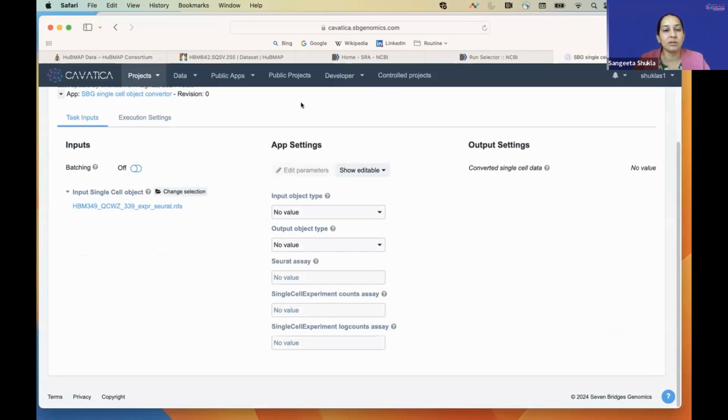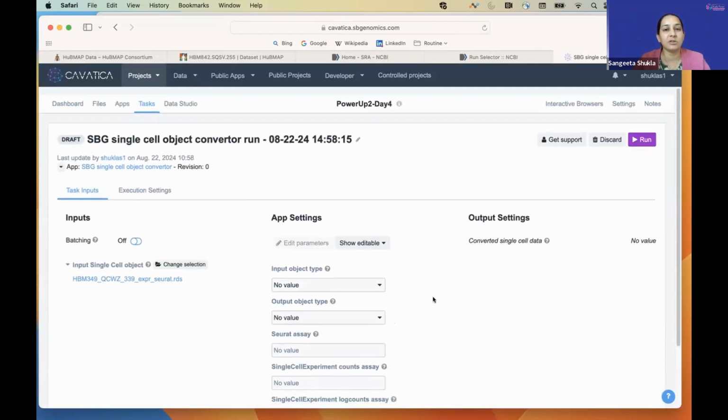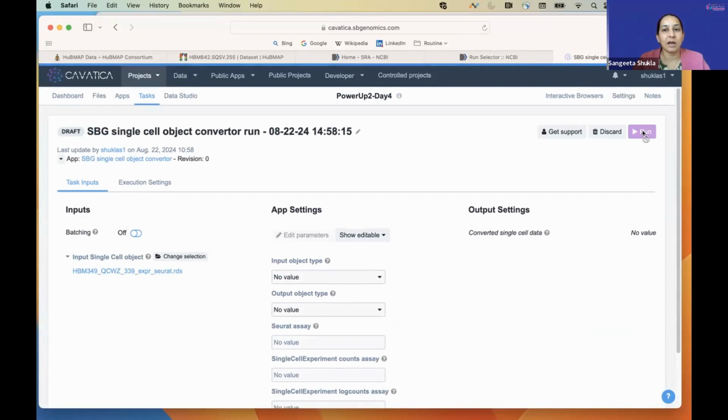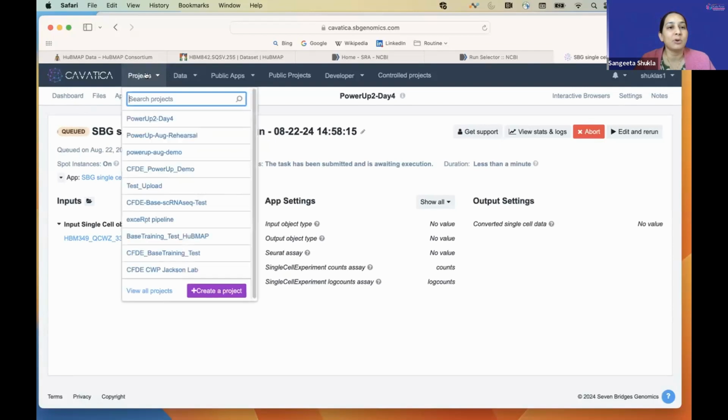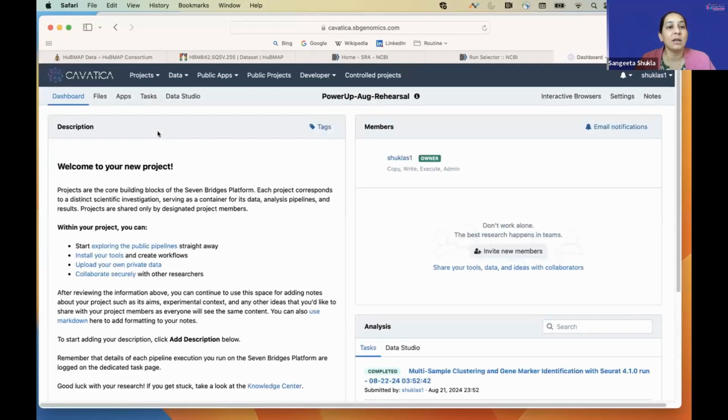Again, here we don't need to change any values for any of the other app settings. And the output of this execution is going to be a single cell experiment, an object of the class single cell experiment. While this is running, I can go to my projects and my rehearsal, and I can show you a different